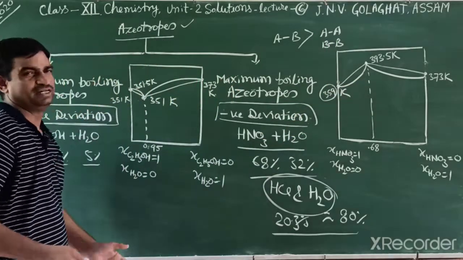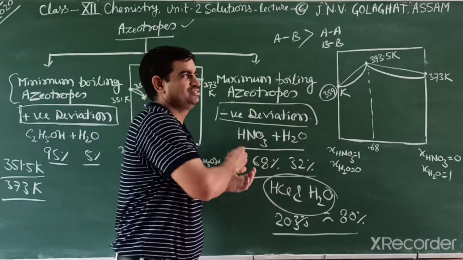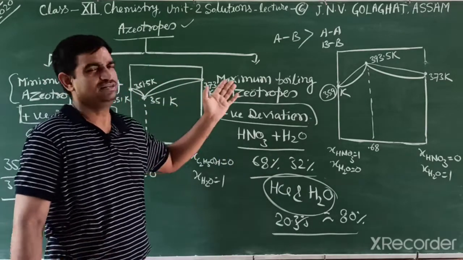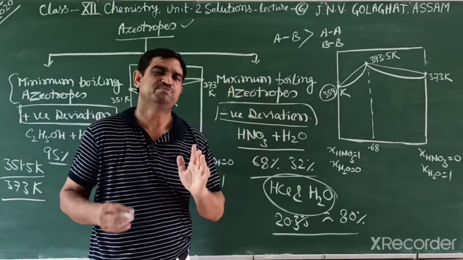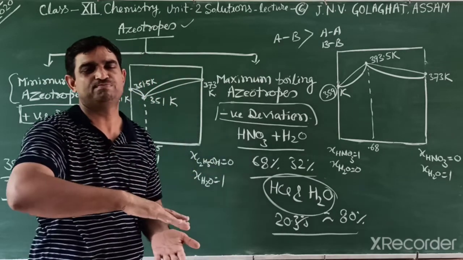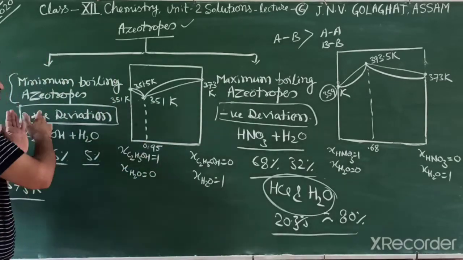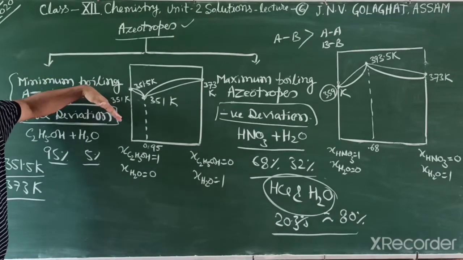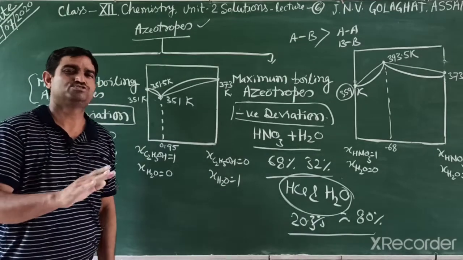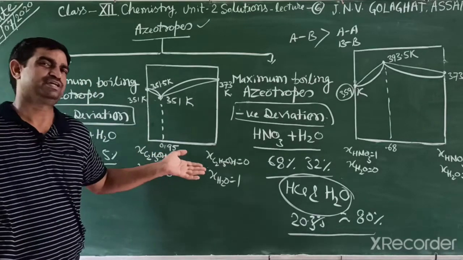In that way, students, another example you can say is phenol and aniline. And in your NCERT book, many more examples are given. You can search which chemicals show positive and negative deviation. You understand an azeotrope is a binary mixture you can't separate by fractional distillation because it has the same composition in vapor state as well as liquid state. They boil at a constant temperature. So in this way, minimum boiling has positive deviation, maximum has negative, and you thoroughly understand. Read the NCERT book at least 2-3 times, then you can use a reference book also and solve some numericals.